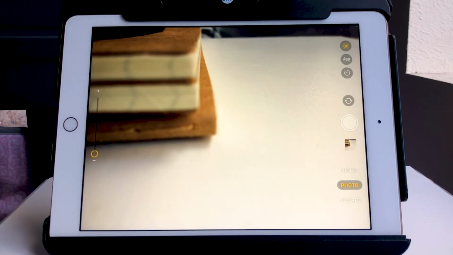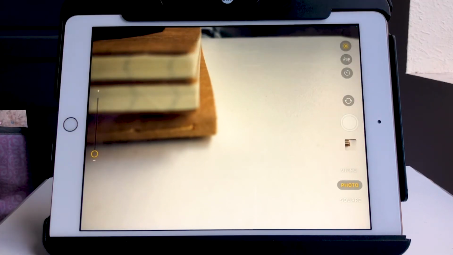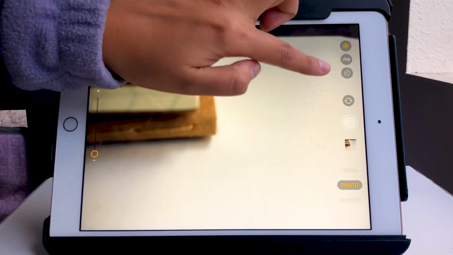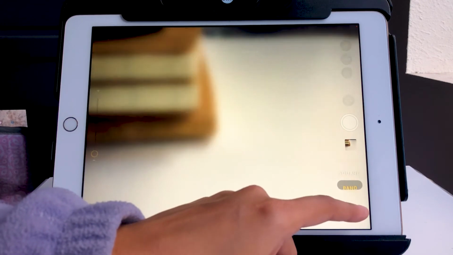Normally when you open up the camera app, it will open up to photo. And that's where you see all of these options, and you could take a regular picture. But you could change it so that there are other things you could do with the camera. So for example,